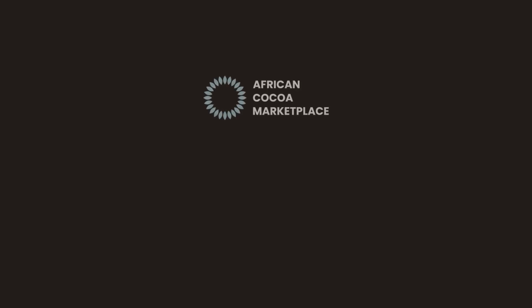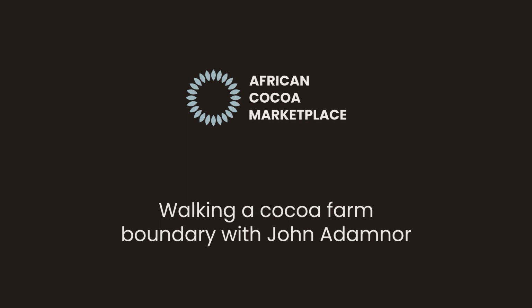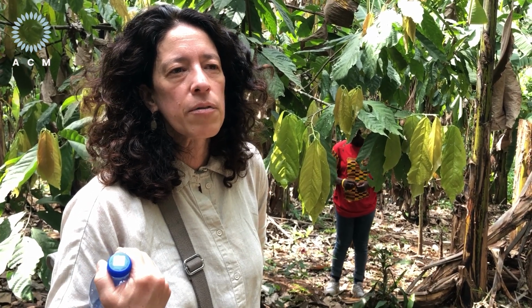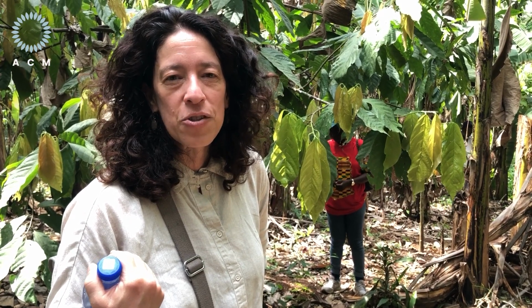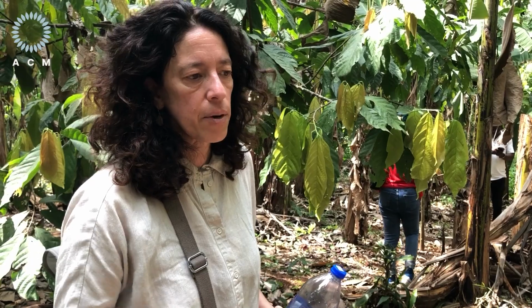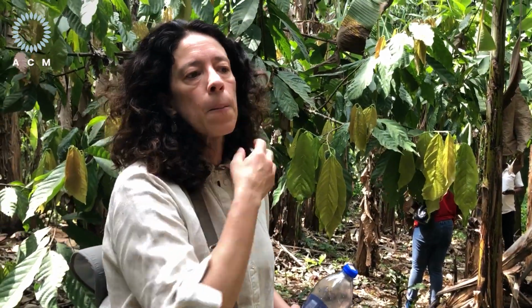So what is happening right now is we are walking the farm boundary with John Adamnor. ACM is part of a consortium of companies that we're developing full-service EUDR solutions. Of course, one of the essential components of demonstrating compliance with EUDR is the polygon maps of each farm. Each farm has to be mapped. That happens by someone literally walking the farm boundary, like we're doing right now, with some kind of handheld device that will map it